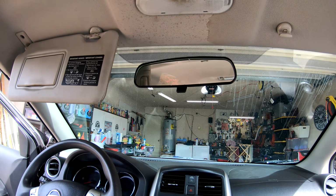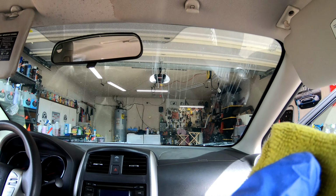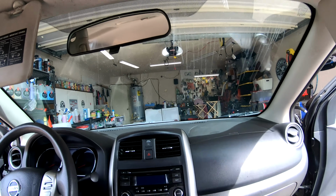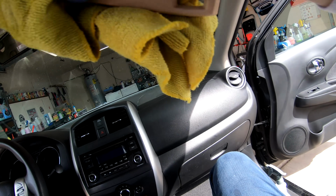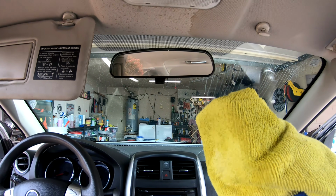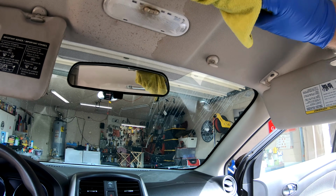The one thing that's fantastic about the citrus cleaner is that with a lot of interior cleaners, the fumes and the overspray kind of choke you out. So if you're a detailer, excuse me, you know what I'm talking about. So now I just sprayed it on my brush. I have the bristles here on the back, and then I'm just gonna lightly